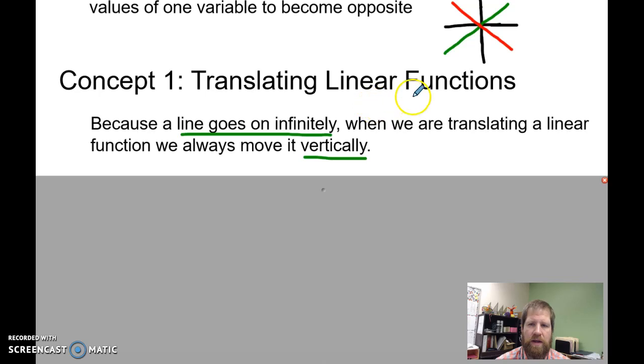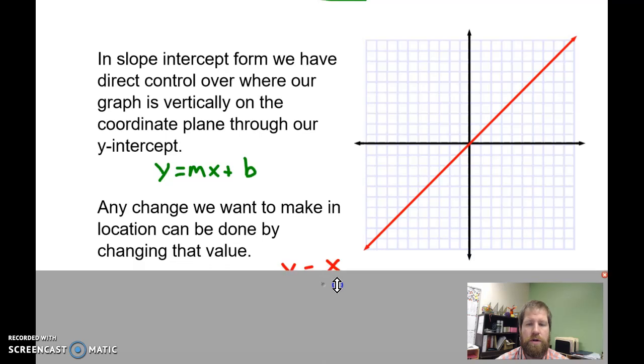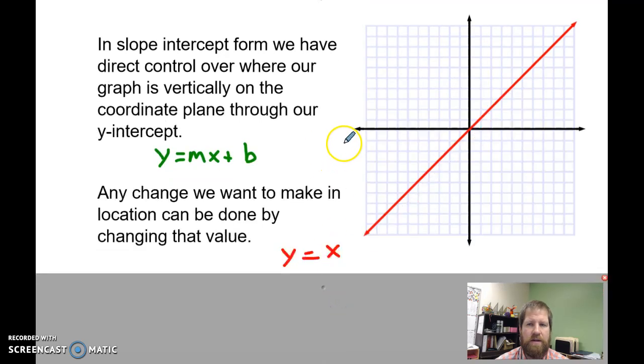Why do we only think about them moving vertically, even though sometimes we might want to move them horizontally, or say that they should go through a specific point that looks to us like it's 2 points to the left of where the line is? Think about that. Hopefully you got it. If not, that's okay. The reason why we only think about it as a vertical shift is because we